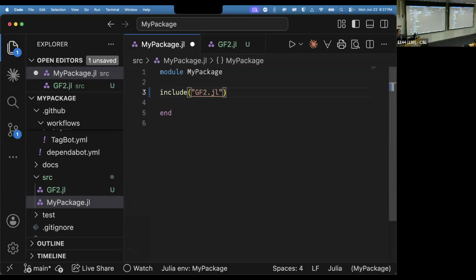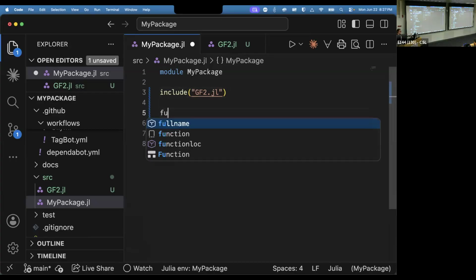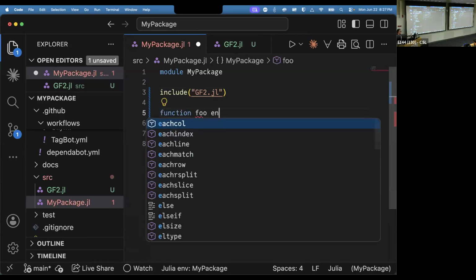You should only include things once. And you should really only include things at the top level of your package. So your mypackage.jl, if it's a big enough package, probably won't have much code in it. It will just be includes of other files, and it may be exports. So if I create the function creatively named foo,